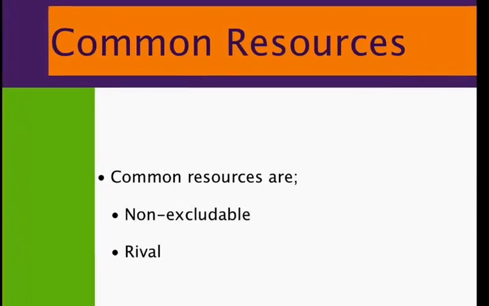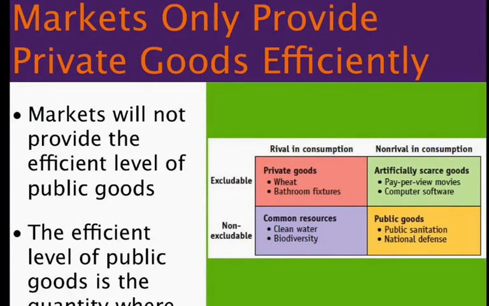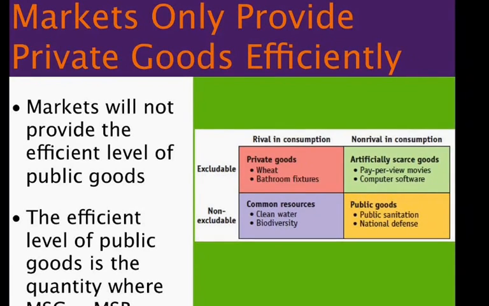Let's talk about then markets and how they really only provide for efficiencies with private goods. All right, so let's go back to the car dealership, right? I'm just going to use different names. So let's suppose our car dealers were selling cars to people like Tom and charging $20,000. They were also required to give cars away to people like Huck and Becky, for whatever reason. So it wouldn't take long for people like Tom to realize that he could get a car and not pay for it, right? So free riders are people who receive the benefit from a good and don't pay for it.